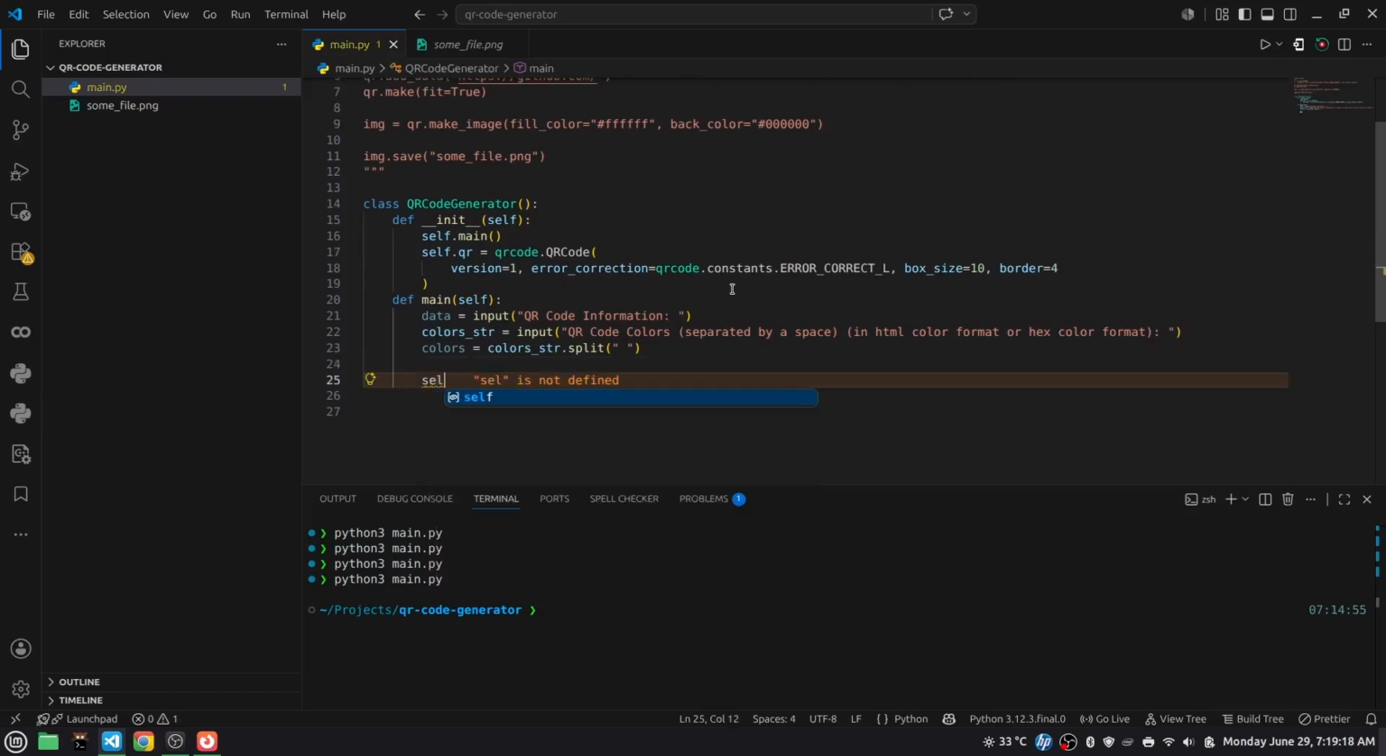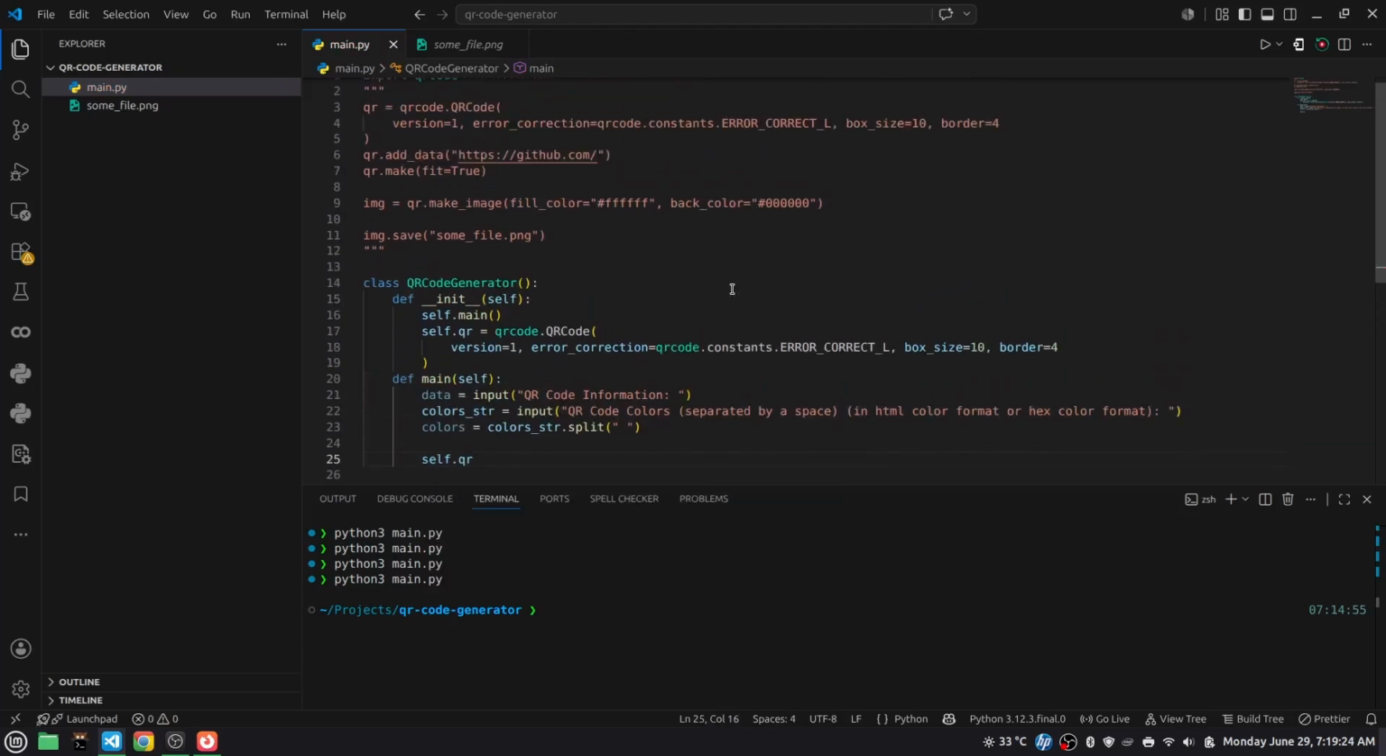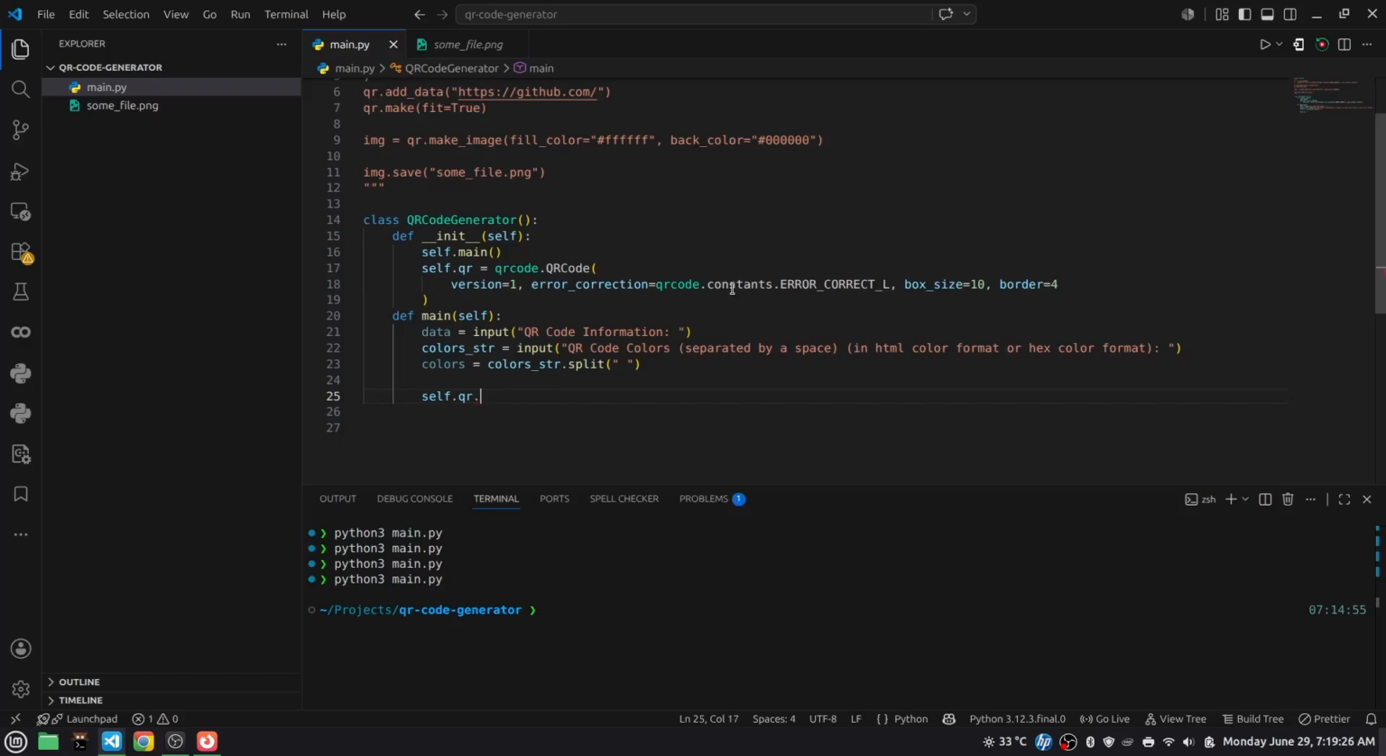So what we do is self dot qr dot add. Oh no. First we're gonna do a try and except. Error handling, my friends. So we're gonna try. Actually no, we don't need to try and except. We'll just do if data is equal to,